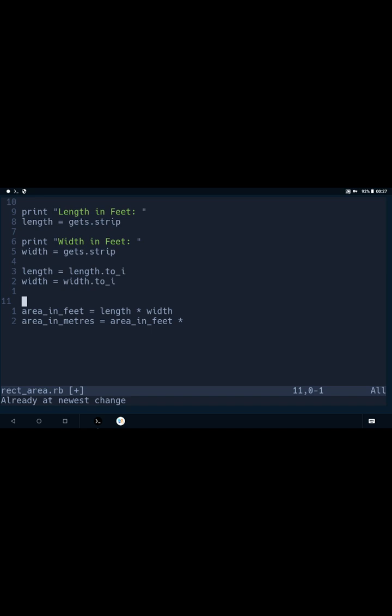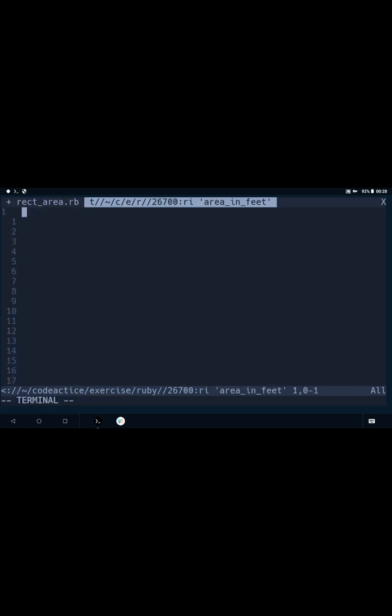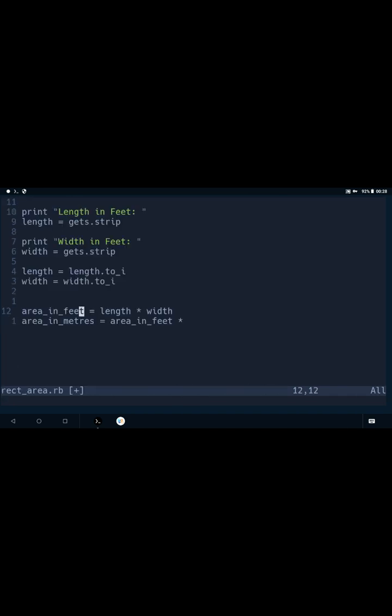Okay, so we say the feet, oh no, damn. So, oh, feet to meter area conversion factor should be that. Okay,